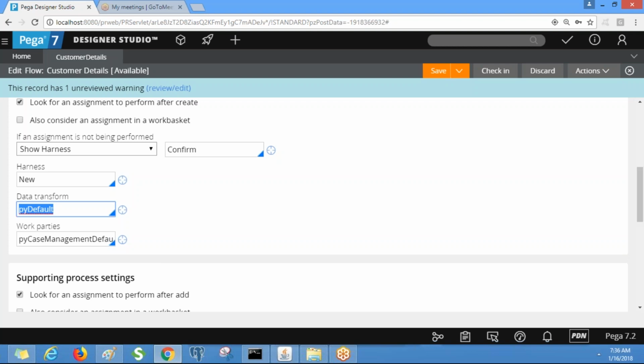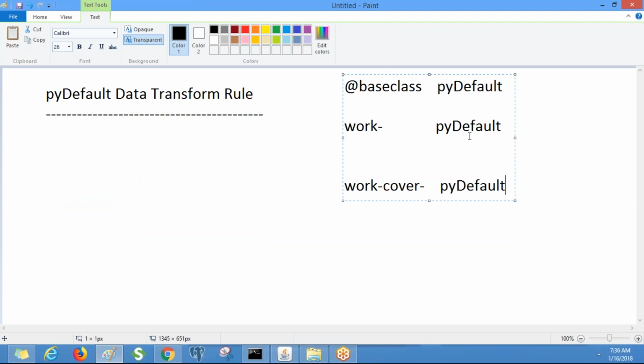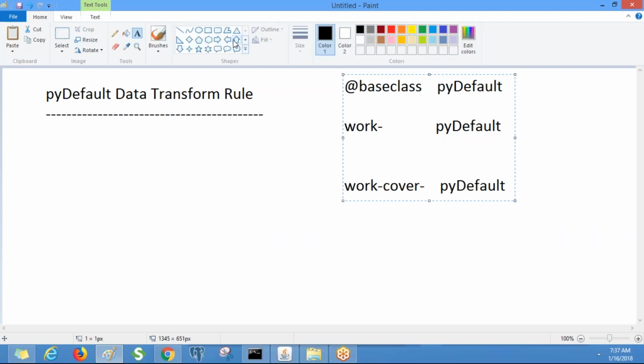Start with the @base class, then the immediate child class of @base is Work-, right? So pyDefault is there in Work- also. Similarly, Work-Cover-. It will start executing from higher class to lower class.